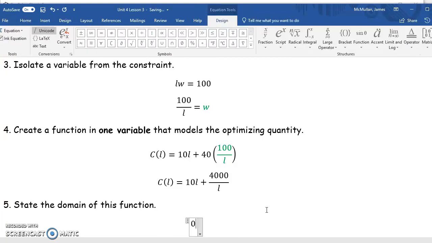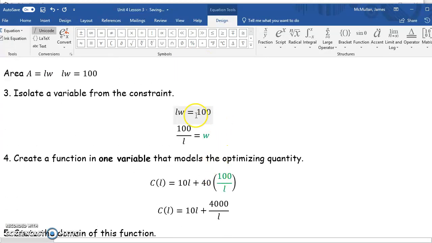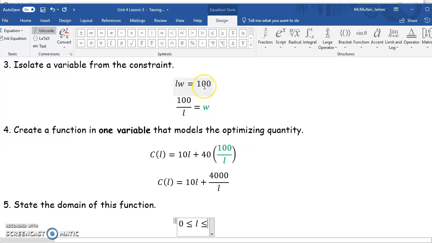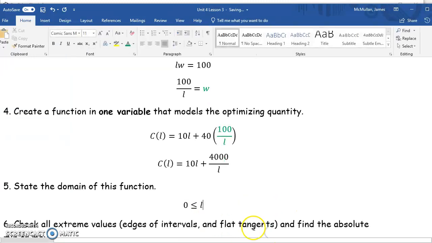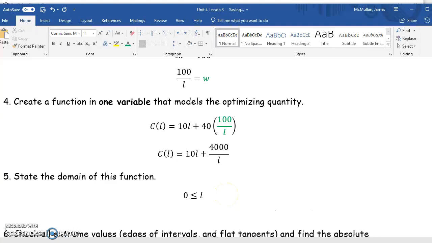It stands to reason that 0 is the lowest value for L that would realistically make sense. The highest value for L, we can't really say, because you could imagine a length of 100,000 with a width of a few millimeters, and it would have the right area. So again, this is an unbounded question. I don't really have an upper bound here, so I'm going to write under this, that there is no upper bound since there is no limit to how long the